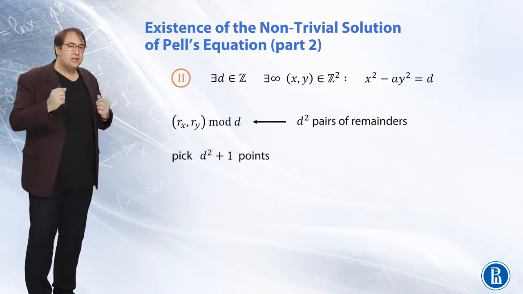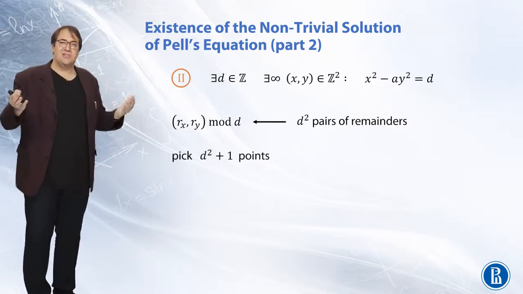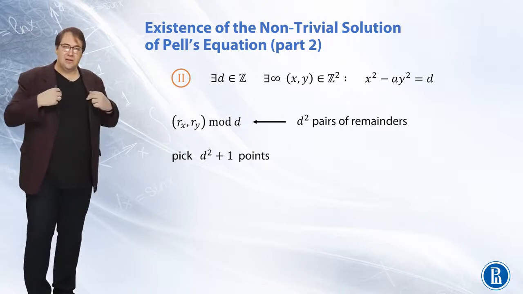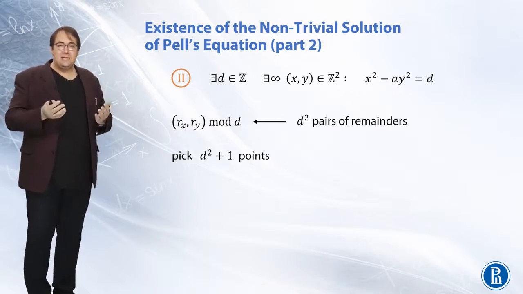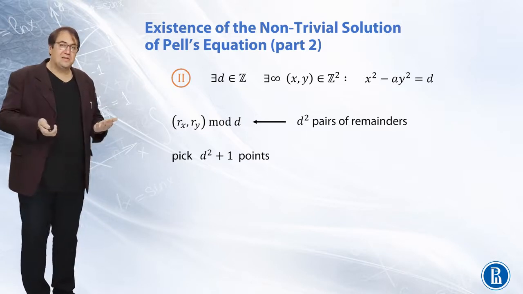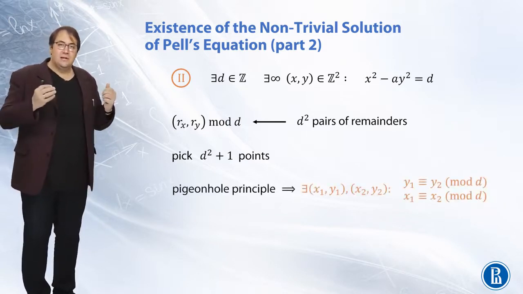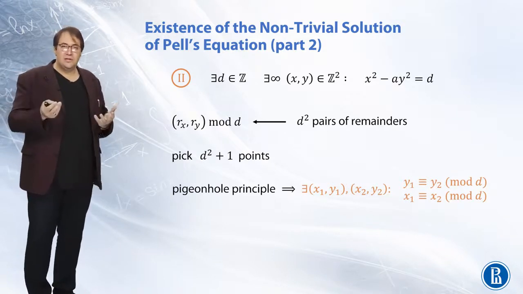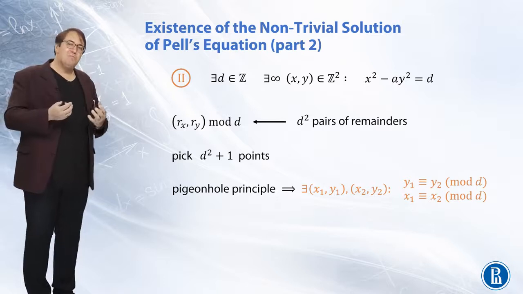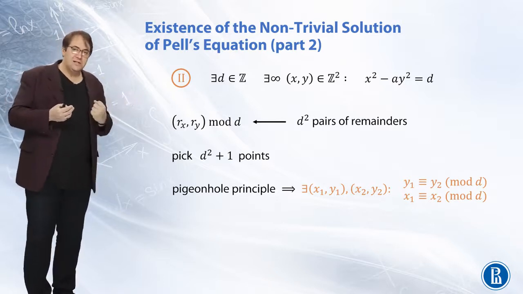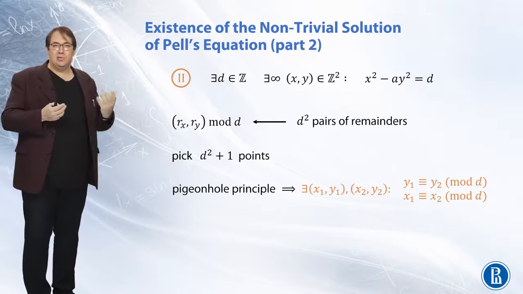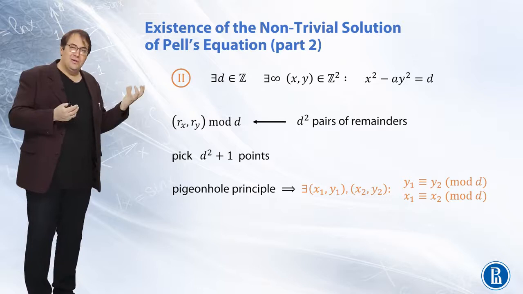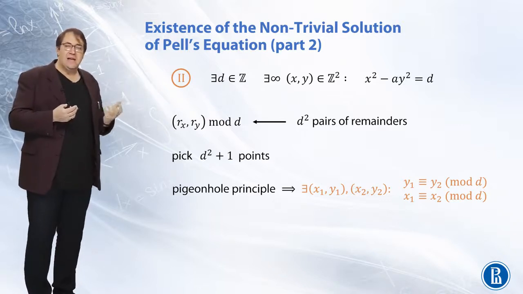Pick d squared plus 1 points. Since there are infinitely many points, we can for sure pick d squared plus 1 of them. And now we can use the famous pigeonhole principle, from which it will follow that indeed two of the points will belong to the same pair of remainders, which means that they will belong to the same hole, as in the pigeonhole principle. But